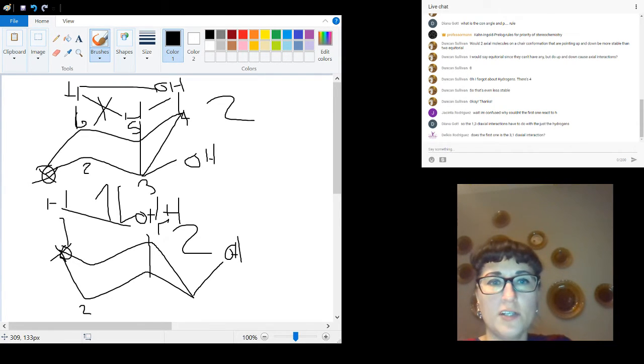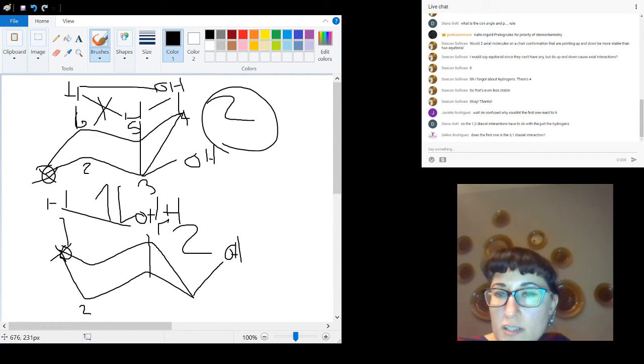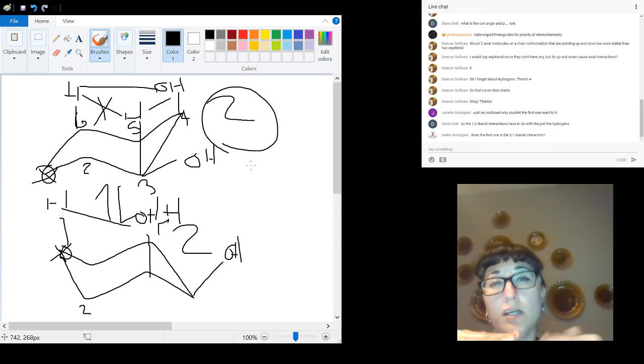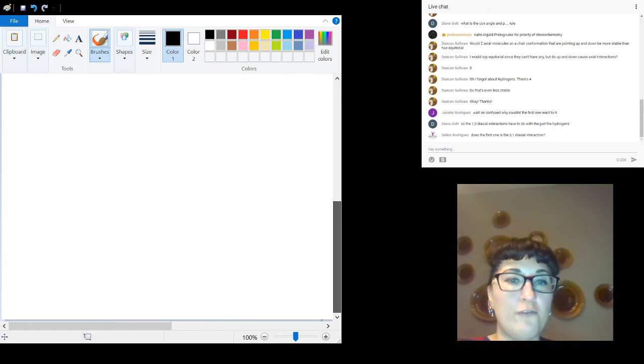The first one here on top has two 1,3 diaxial interactions. But the 1,3 diaxial interactions have to do with more than just the hydrogens. It's any kind of group that can sterically interfere through van der Waals interactions, any kind of other group on there. So if you have,